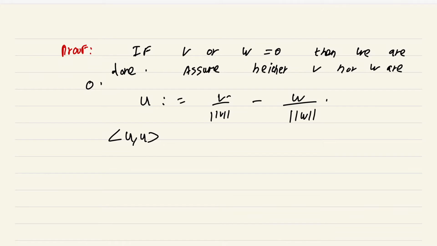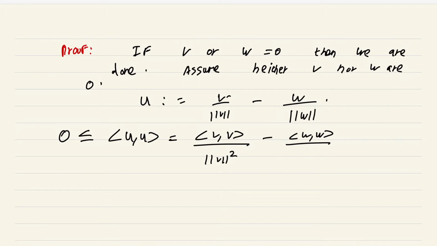Okay, we already know that by the condition that this inner product is positive semi-definite, the inner product of U with itself is greater than or equal to 0, and by the various properties of the inner product, you immediately get that this is equal to the inner product of V with itself, norm V squared, minus the inner product of W with itself, norm W squared, minus 2 inner product V with W by norm V, norm W,